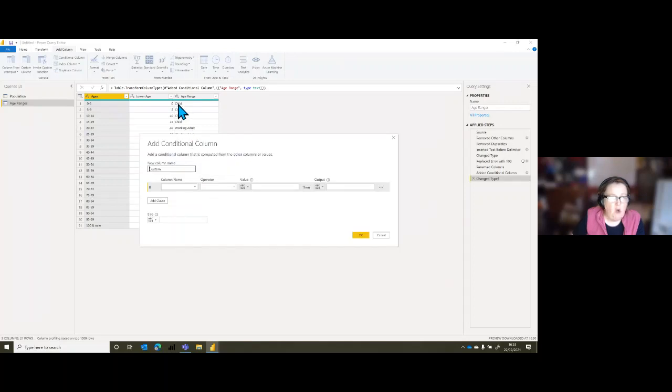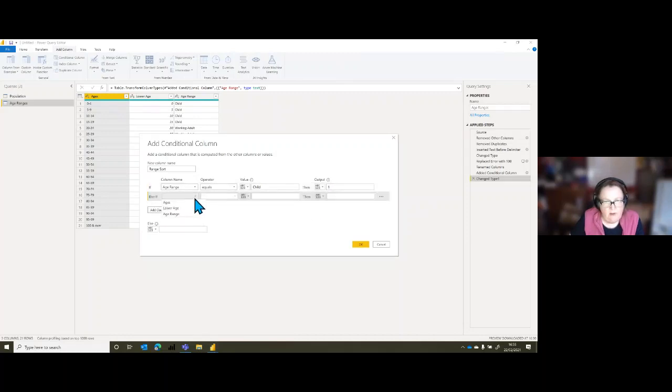Now, some people will put an O1 before child and an O2 before working adult. I don't particularly want to do that. So I want to just call this range sort. And we're going to go for age range equals child, make that one number 1, add a clause, age range equals working adult, make that number 2, and make all the rest of them number 3.